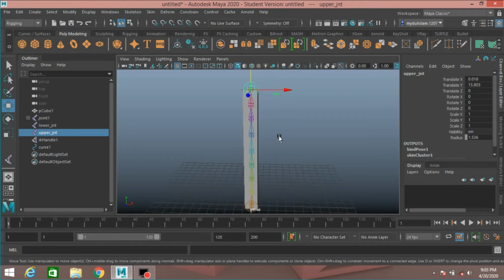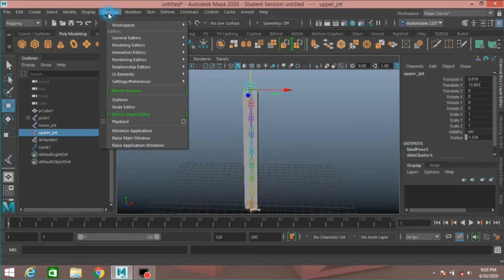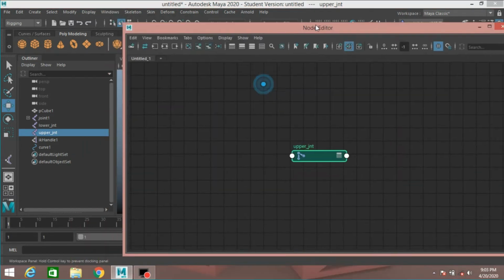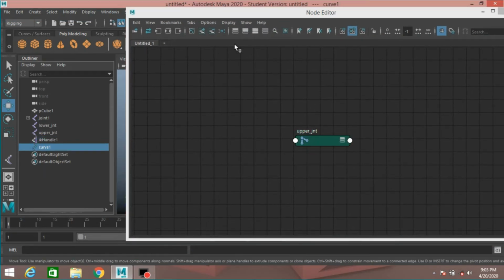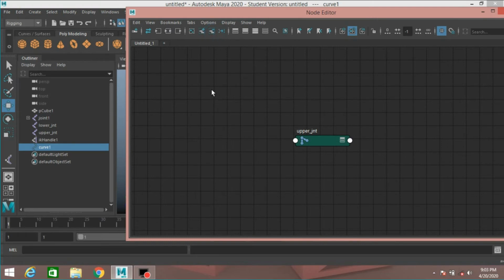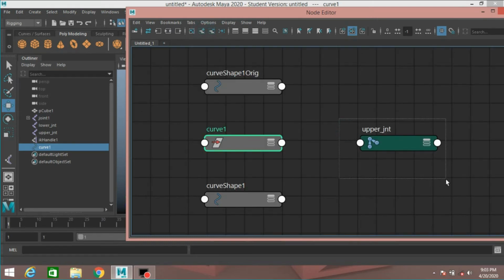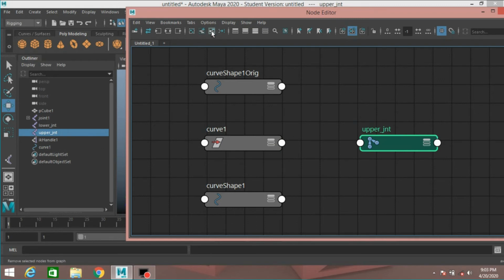To create stress rigging, go to Windows, Node Editor. Now select the curve. Select this. Click remove selected from graph.